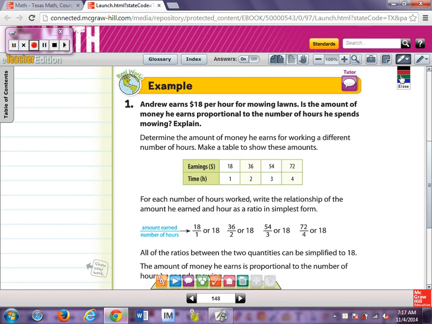So obviously when we look at the time, the hours, 1, 2, 3, 4, those are all going up by 1. Here in the earnings, we have 18, 36, 54, 72. One way to check to see if you have a pattern is to just do some quick multiplication. Ask yourselves, how can I go from 18 to 36? Well, I have to know my times tables pretty well, and I know that 18 times 2 equals 36. Well, if that's true, and the pattern holds, then this next thing should be 2. Well, then that means